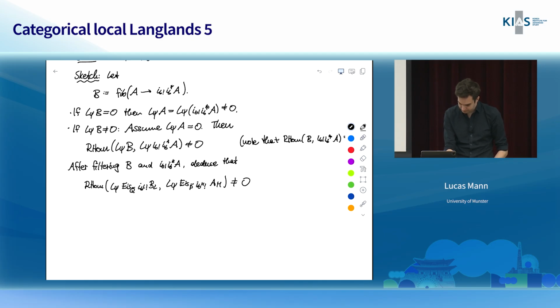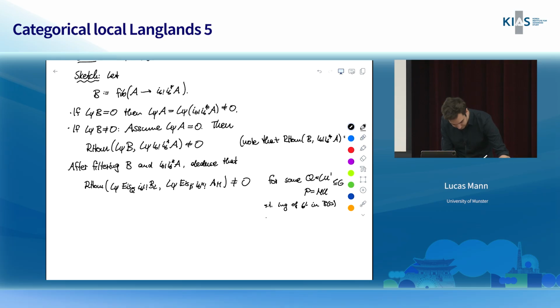Okay, and so this is for some Q is LU prime, P is MU, both are parabolics, and G, but such that the image of this BL and BG specializes to the image